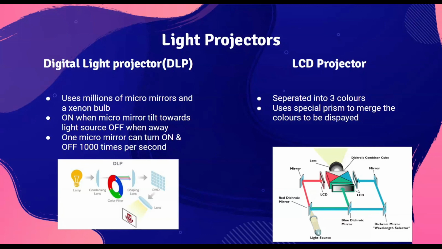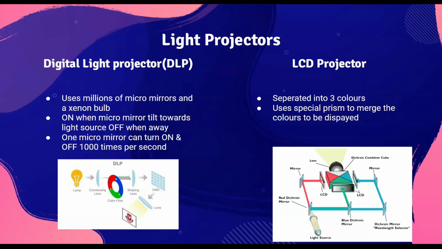But in the case of an LCD projector, it is not like that. It will combine the red, green, and blue colors and show them as white all at once. In the LCD projector there is a light source which then passes through a dichroic mirror. Let's take a blue dichroic mirror as an example. A blue dichroic mirror will allow blue color and reflect the other colors. So using the dichroic mirrors, the white light is separated into red, green and blue. Then these colors pass on to an LCD.